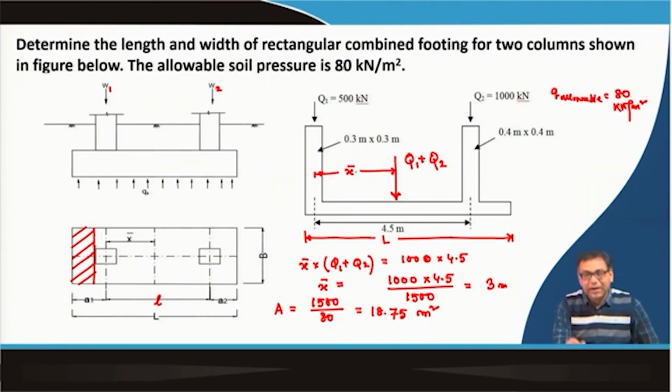This x bar is the distance where the resultant loads or forces are acting, and if we consider this as the center of this foundation, then my required L will be